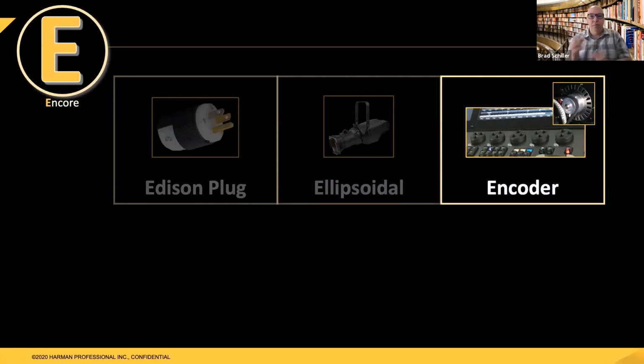Otherwise, you just have a motor moving and it doesn't really know its position. Now, have you ever seen a moving light on stage that's powered on, and maybe you push it and it moves as you push it, and then it goes back to the position it was previously in? That's because there's an encoder. When you've pushed it manually yourself, it's looking at and knowing, oh, I've moved 16 positions on my encoder, and then it can move itself back 16 positions to be back to where it should be. So you'll find encoders generally on pan and tilt, sometimes on gobo wheels, and other places in moving lights.